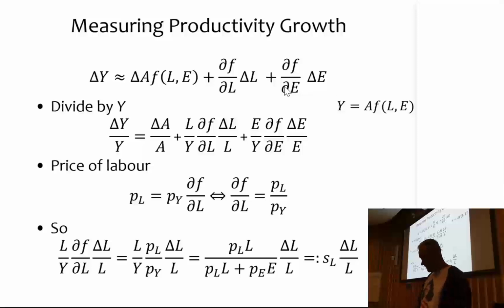Now, divide both sides of the equation by Y, and recall that Y is equal to total factor productivity times the production function. So this term here drops out. What we have is that the proportional change in output is the proportional change in total factor productivity, proportional change in labor, proportional change in the environment, their first partial derivatives, and then we have these normalization terms that pop up here that are not particularly useful